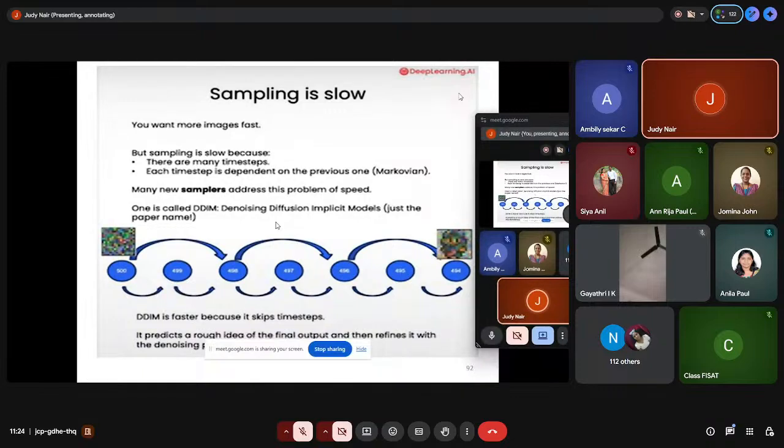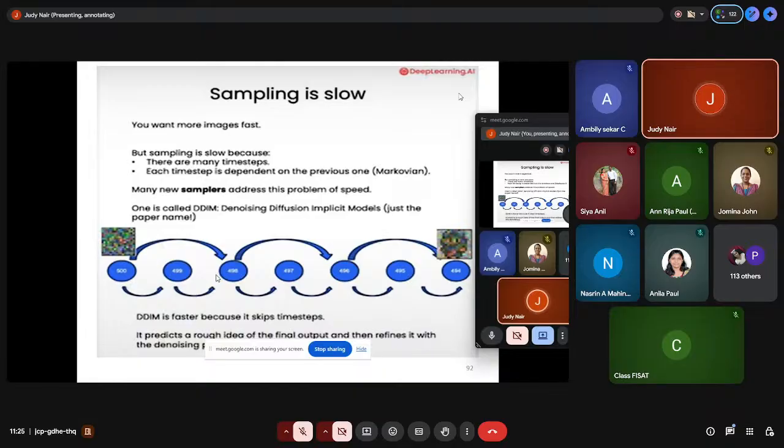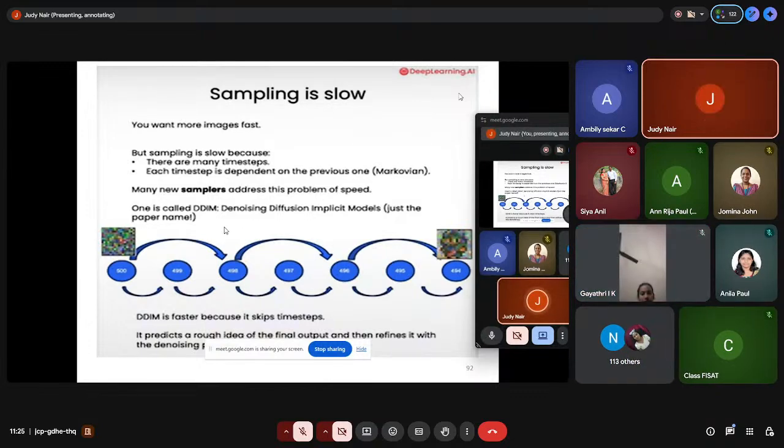There are many in this area like this, but the one I wanted to tell you about skips certain time steps. So this is breaking the Markovian assumption. It is removing randomness, and it becomes deterministic. That's why it's called implicit models, denoising diffusion. You remember in the beginning, in the categories, I mentioned that we have continuous probabilistic models, as well as deterministic models. That was introduced in this paper, and they found this was 10 times faster than the original DDPM work.